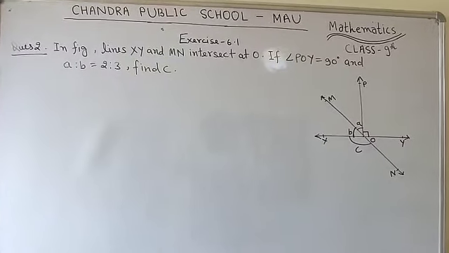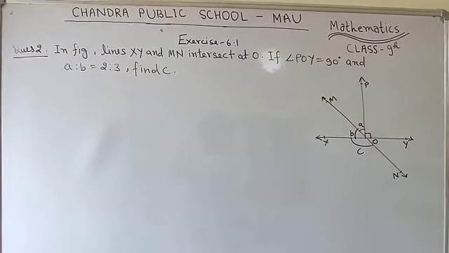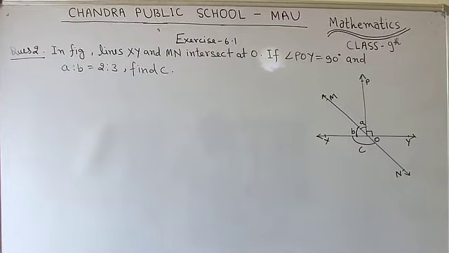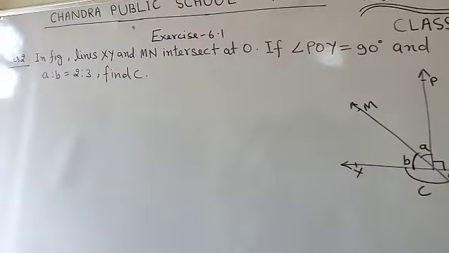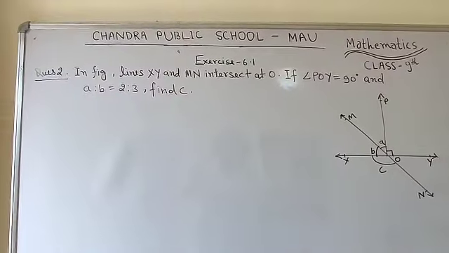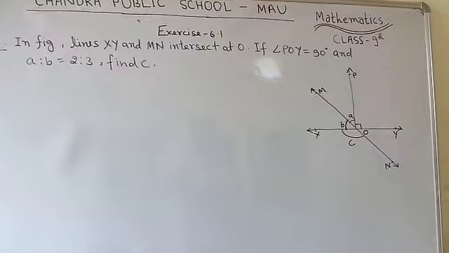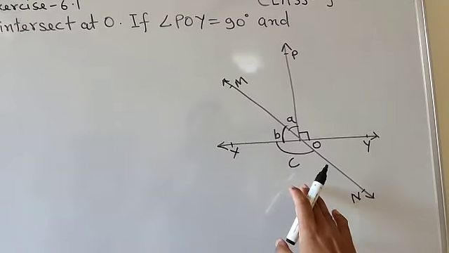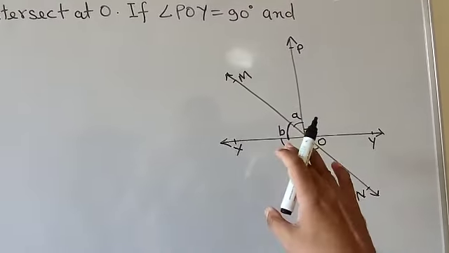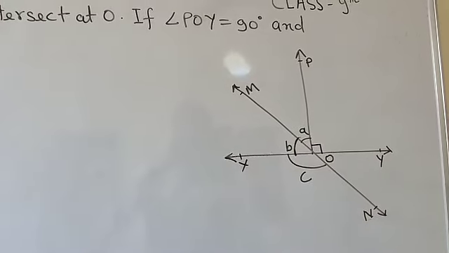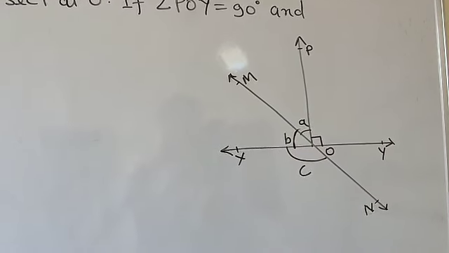Now students, here I have written question number 2. In the given figure, lines XY and MN intersect at O. If angle POY equals 90 degrees and A ratio B equals 2:3, find C. So here the diagram is given there. I am going to explain how to solve that question, and you need to solve that question by yourself